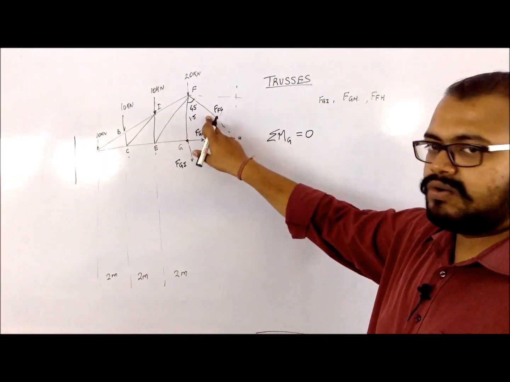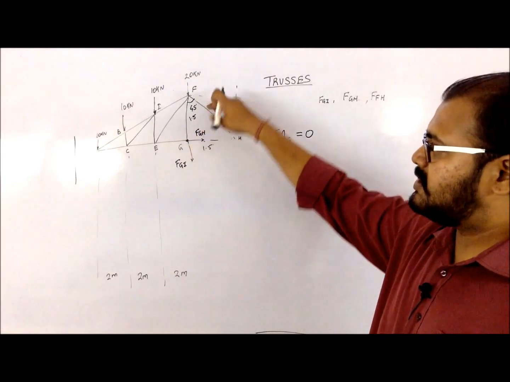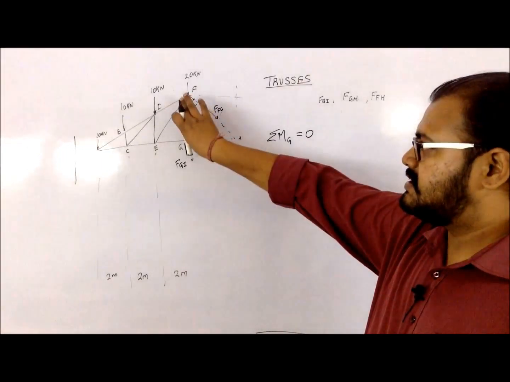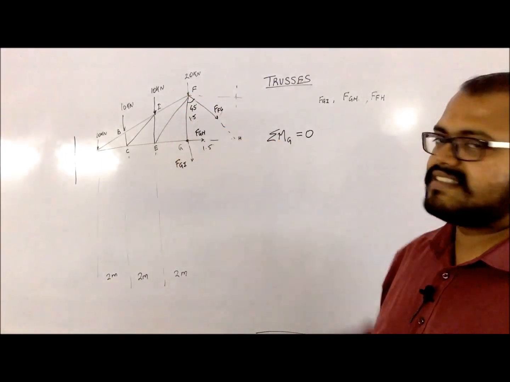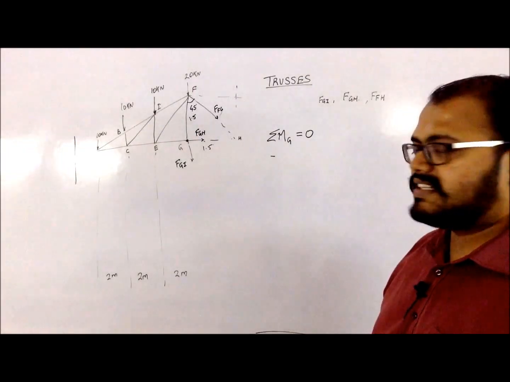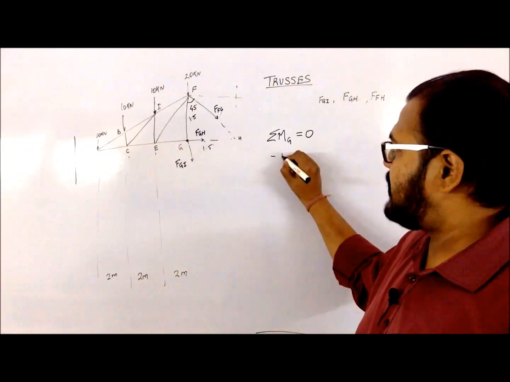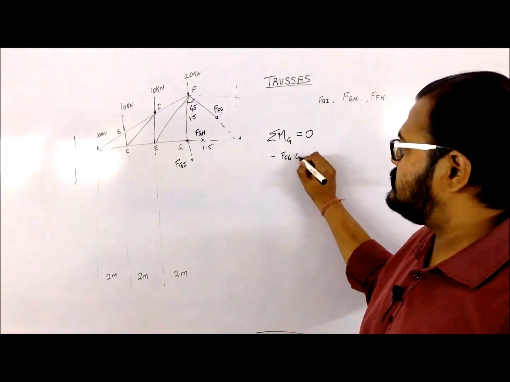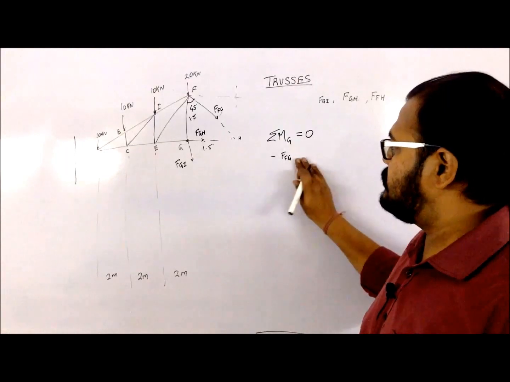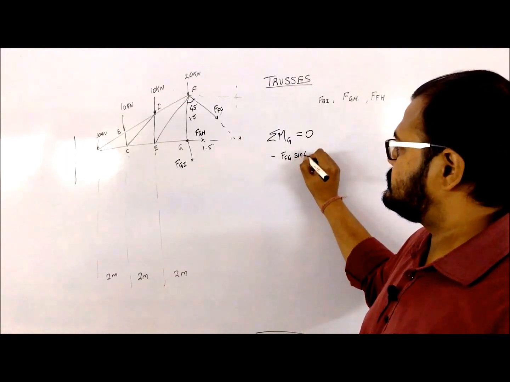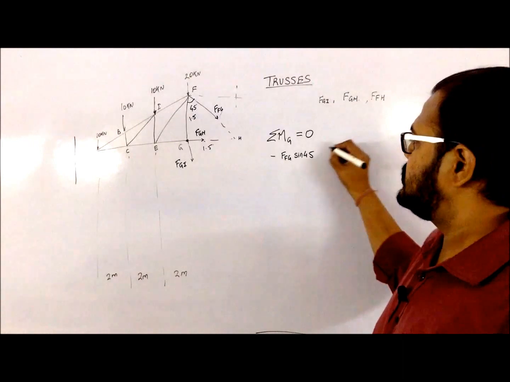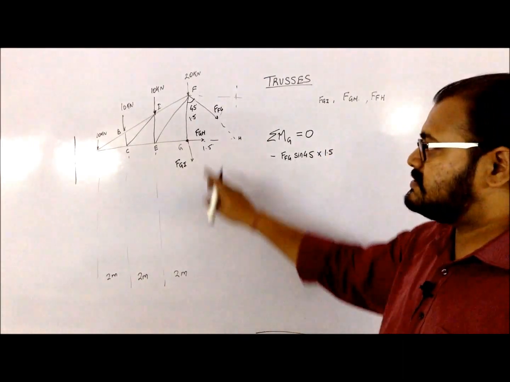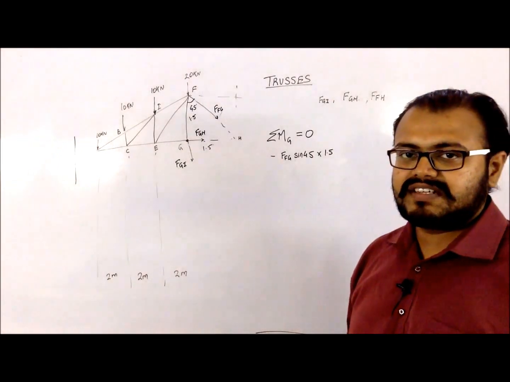You can see that the unknown force component, the component which is going to be in the x component, is going to turn the whole truss in the clockwise direction. So that is why it will have a negative sign. The force magnitude, that is FFG, the x component of it, which is FFG sine 45, into the distance which it is passing through. So the perpendicular distance is given to me as 1.5.